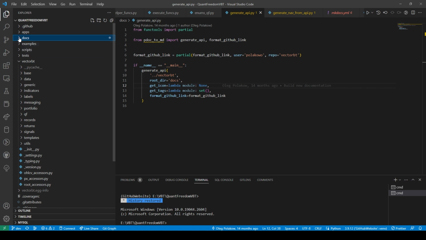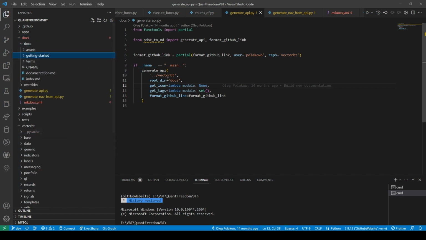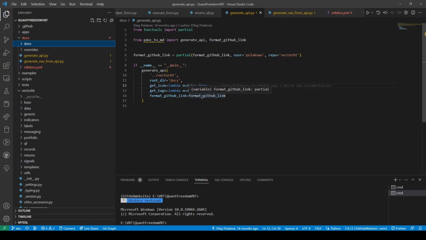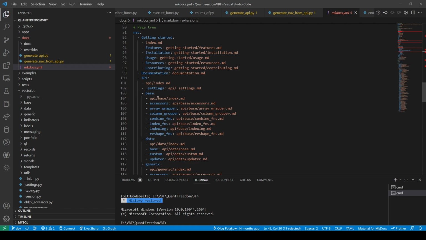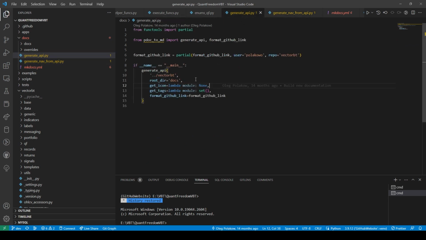Root directory equals docs. Generate API. Format GitHub link. So I guess this is where you would do the API slash base slash index.md. And then inside of this is, I guess, how